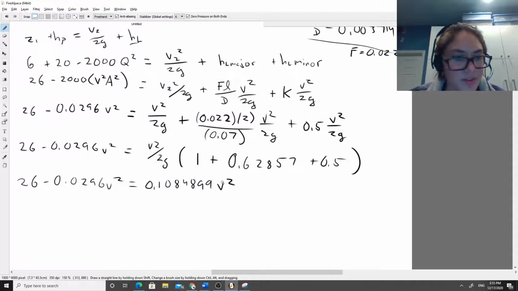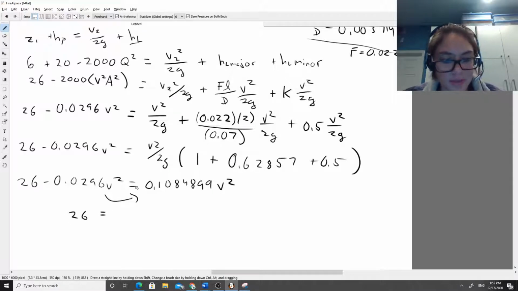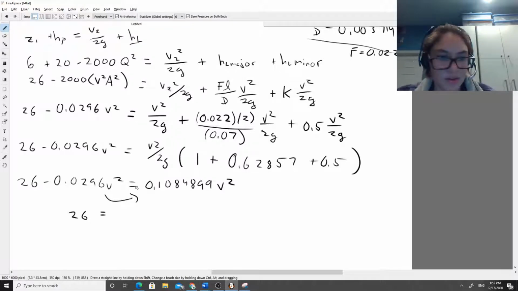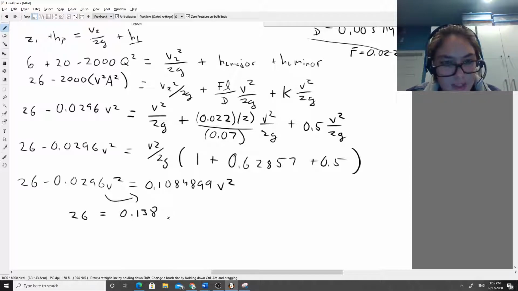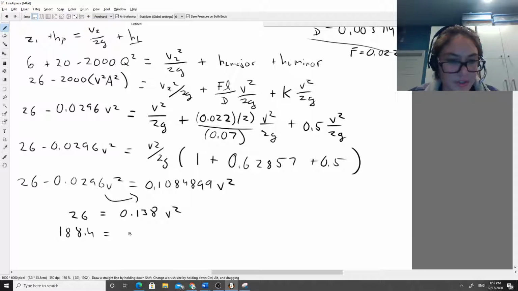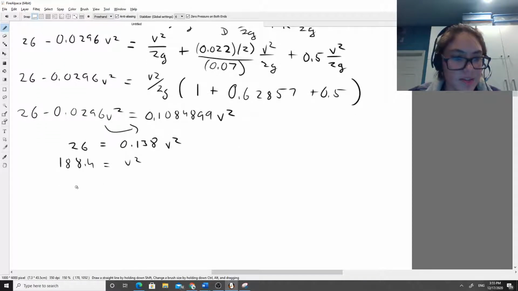V squared. So we'll go ahead and pull this V squared term over to the right. So we'll say 26 is going to be equal to that guy plus 0.0296. And so we have 0.138 roughly V squared. And we'll divide that on both sides, 0.138. So this is going to be 188 roughly, 0.4, which is equal to v squared. And take the root on both sides of that. You're going to go ahead and get that your velocity of the system is equal to